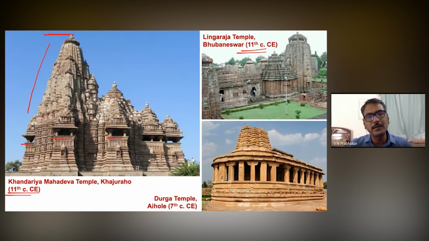So this sort of perfect symmetry, and also alignments, and also arranging the tops of the various components of the temples in a perfectly rising manner, reaching a culmination, have been achieved during the 11th century in the case of the Chandelas in central India.